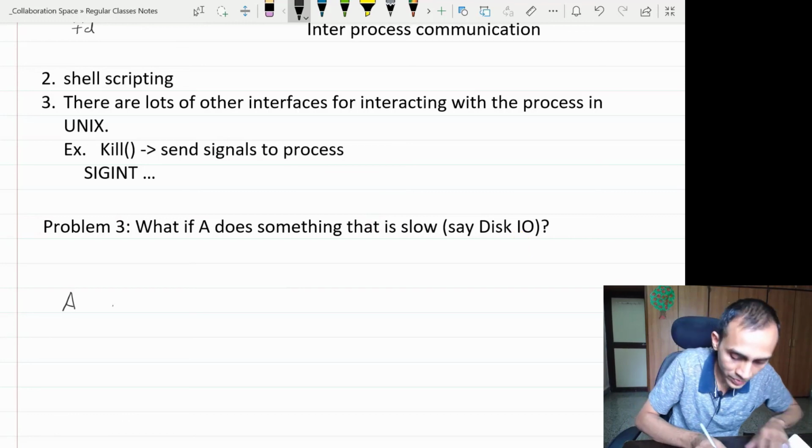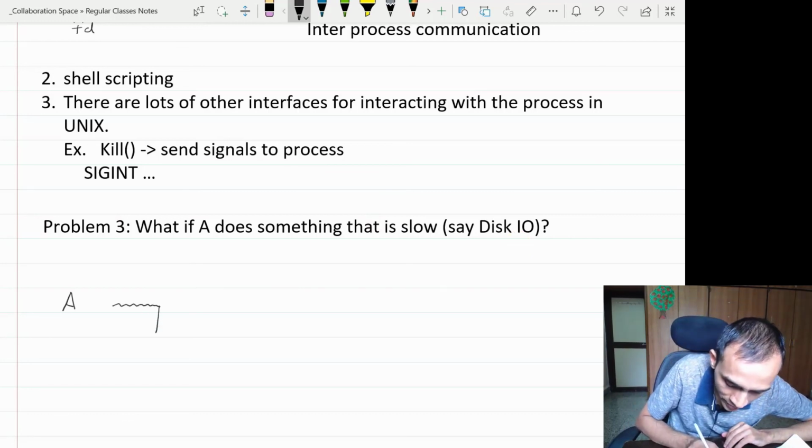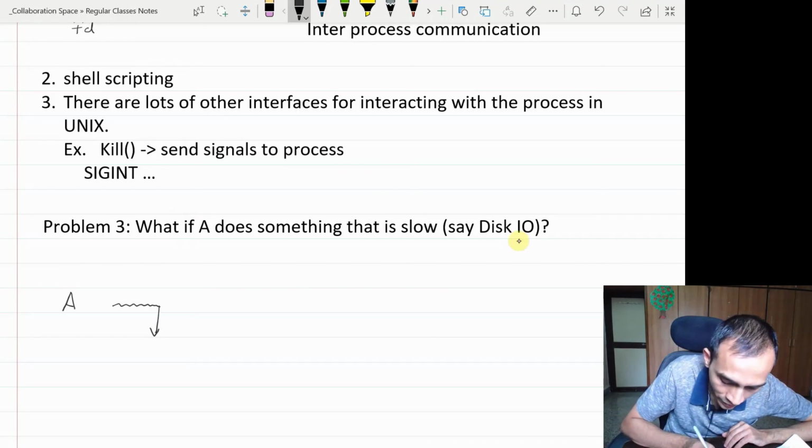Let us say a program A is running. Now it issued a disk IO, so it will trap into the OS. The OS will do some system call. Now here, it goes for a disk IO, let us say.